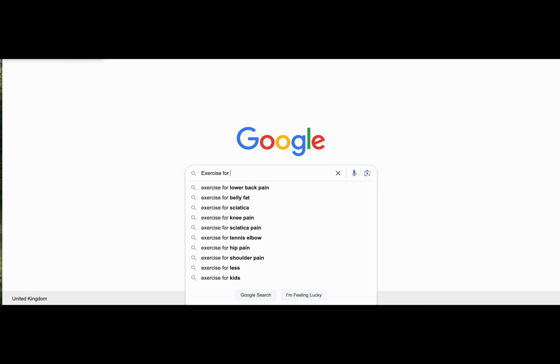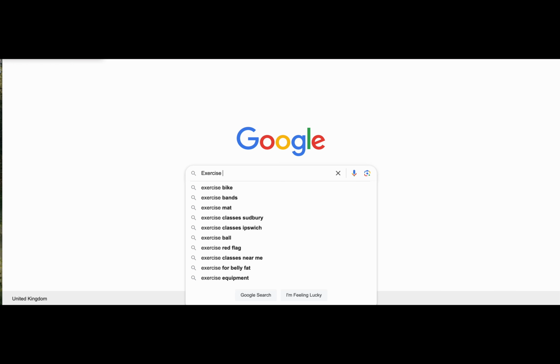If I put in exercise for and then just A, it gives me exercise for arthritis, exercise for arms, exercise for abs at home. And you can go through the alphabet like this. So you just get rid of the A and you put in a B and you get another lot. Get rid of the B and put a C, and so on.